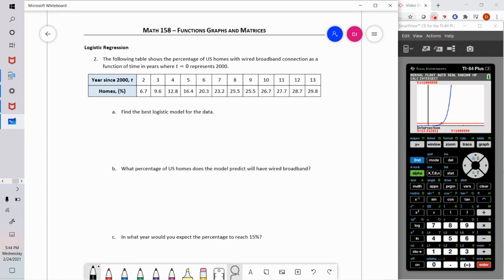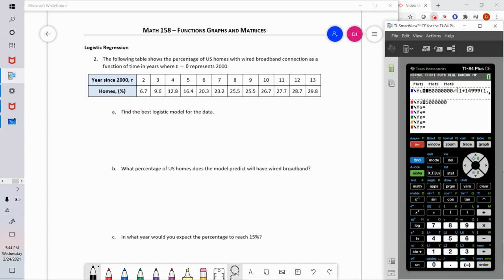Okay, there may be other options available to people that they choose. So we're just going to look at this data. The way I'm going to do this, I'm going to clear these things out, just like we've done the linear regression, quadratic regression, exponential regression, logarithmic regression: calc, edit, and I'm going to put my x values, or my t values, into L1. So that's 2, 3, 4, 5, 6, 7, 8, 9, 10, 11, 12,